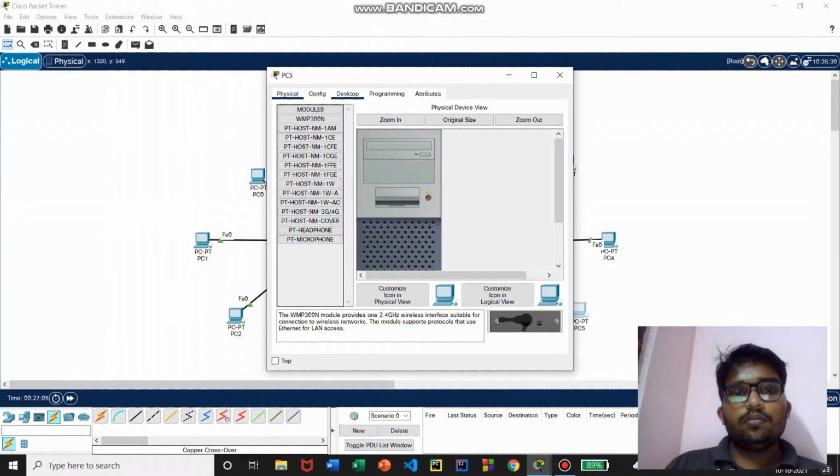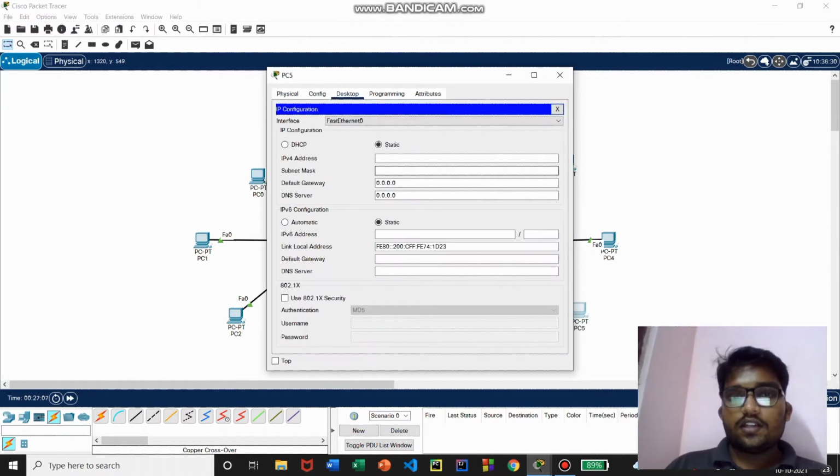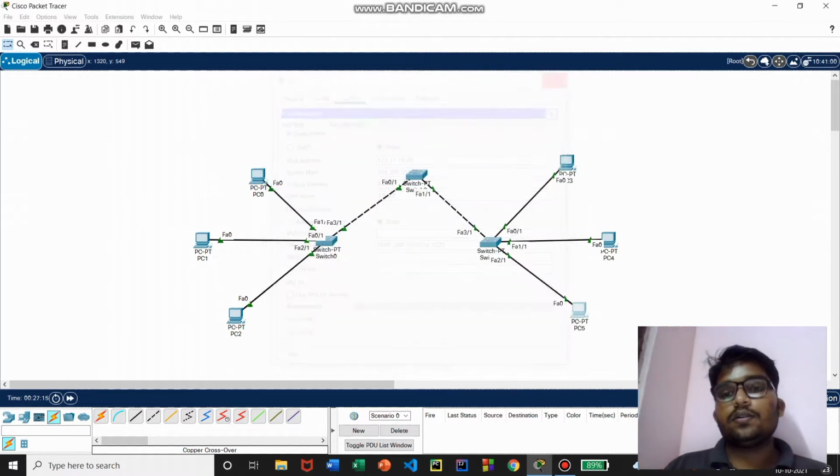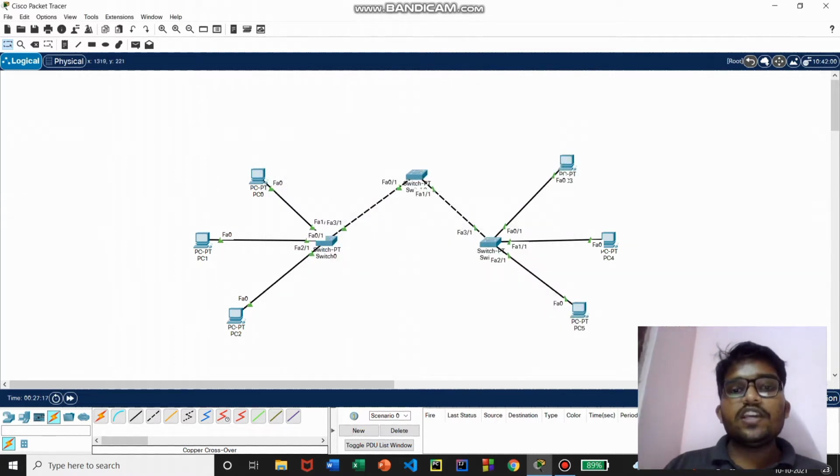Now we give the IP address for this PC. This is the last one, 172.17.10.26. Let me give the subnet mask, and now all the IP addresses are set, right?